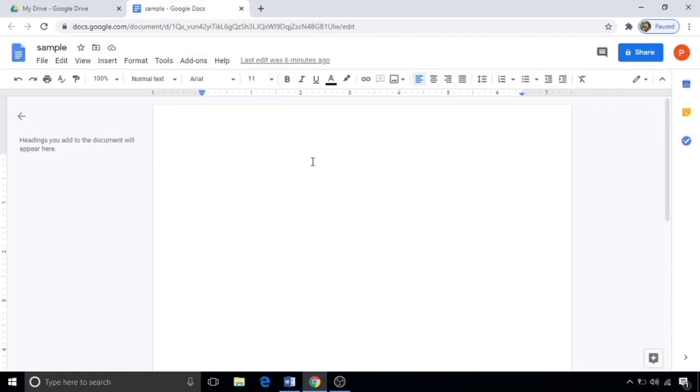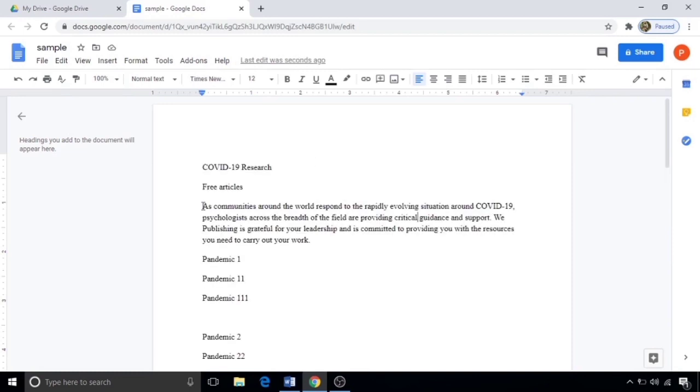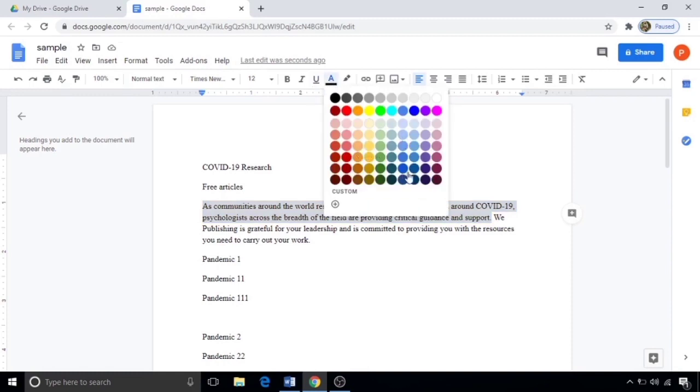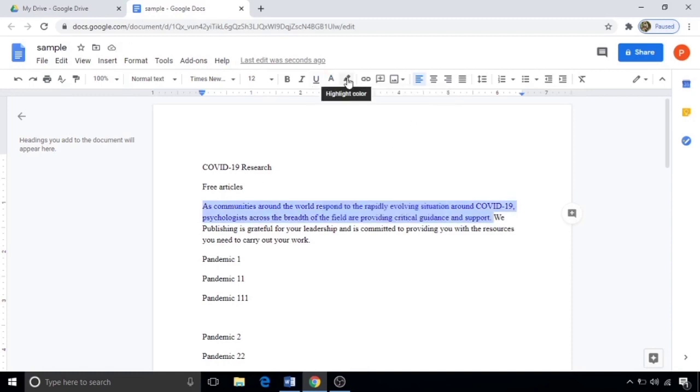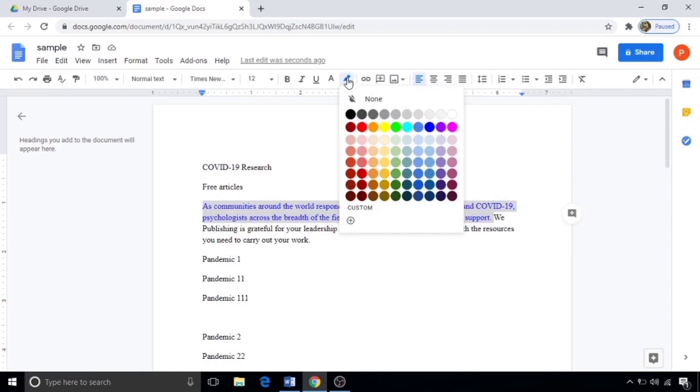First, let's see how Google Docs is compatible with old documents. I am going to type text. Select your text. Here are some basic options to make changes in selected text. I am just clicking on it. You can easily understand what changes are made in the selected text. Select for bold and deselect for normal. Select for italic and deselect for normal. Select for underline, deselect for normal. Select text color from here, as you wish. You can also highlight selected text.